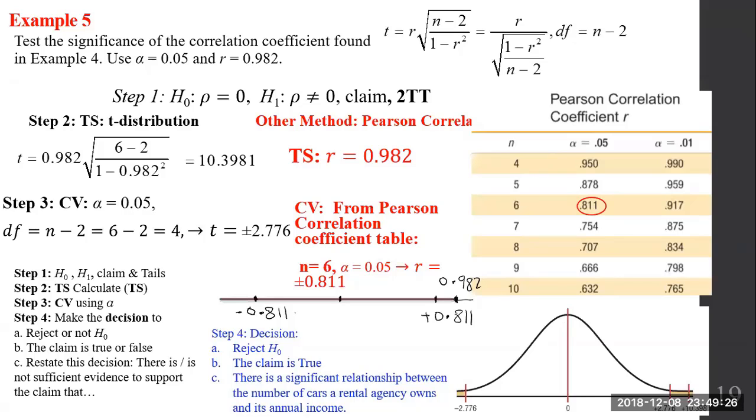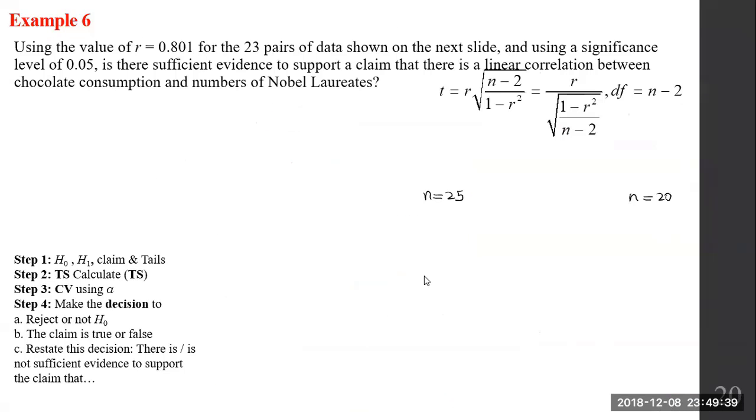The claim is true. So there is a significant relationship between the number of cars a rental agent owns and its annual income. This would be another example, using the value of R equal to 0.0801 from 23 pairs of data, shown on the next slide, and using a significance level of 0.05. Is there significant evidence to support a claim that there is a linear correlation between chocolate consumption and the number of